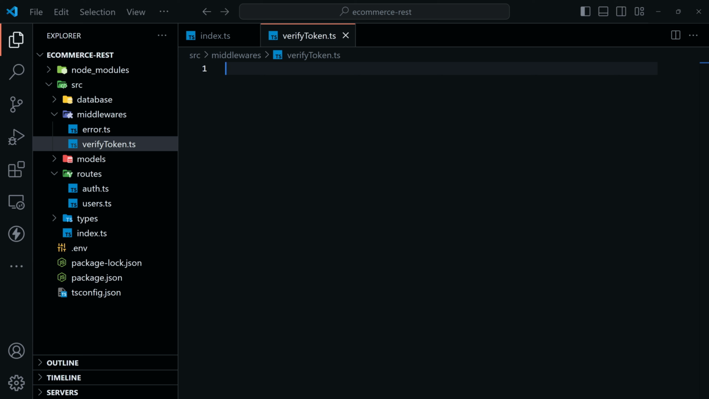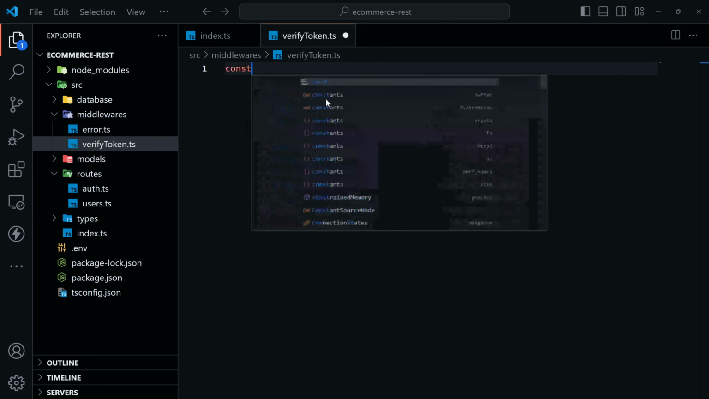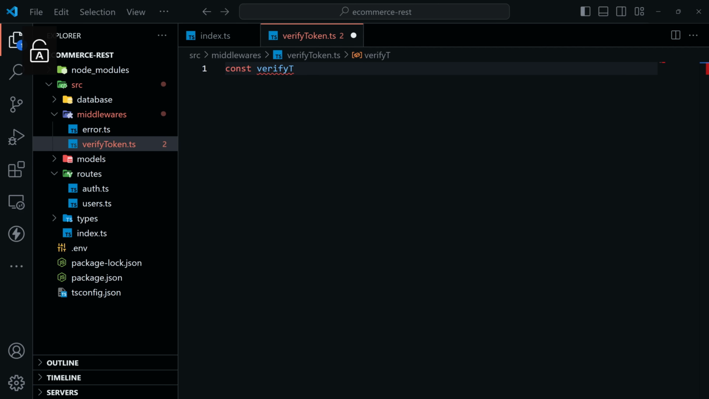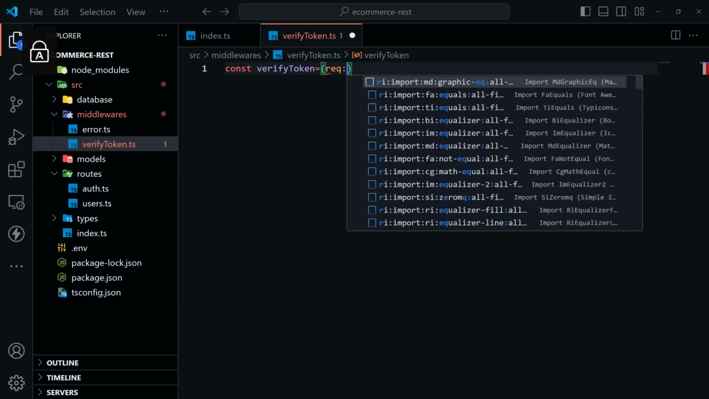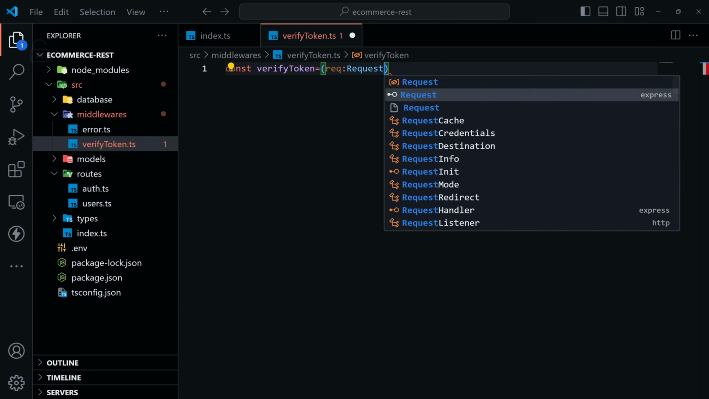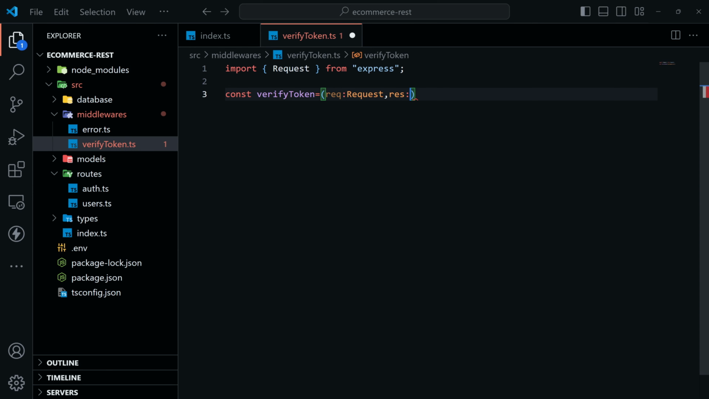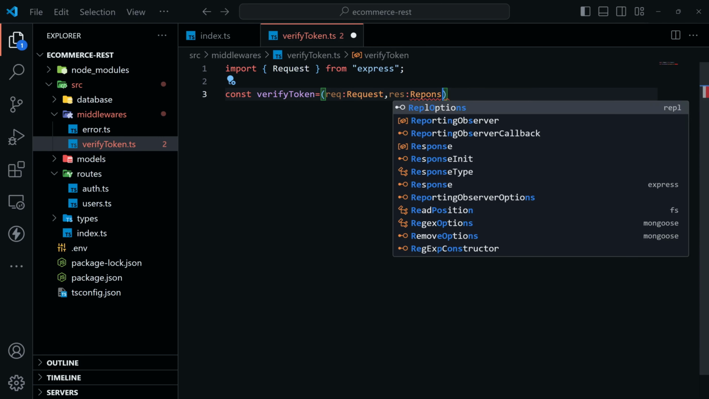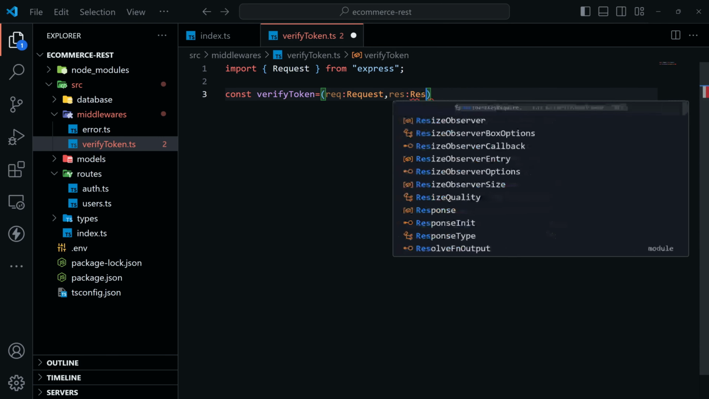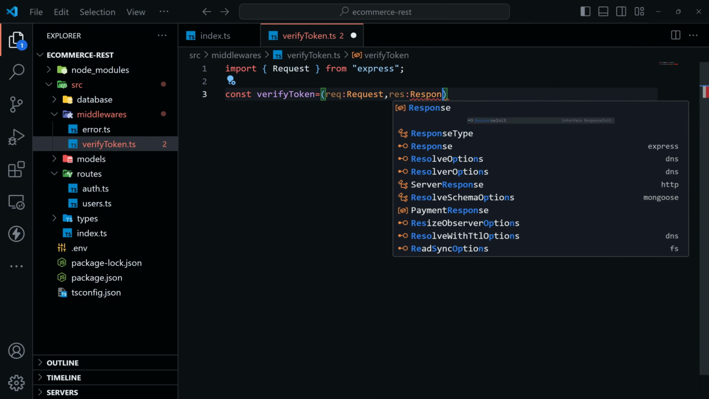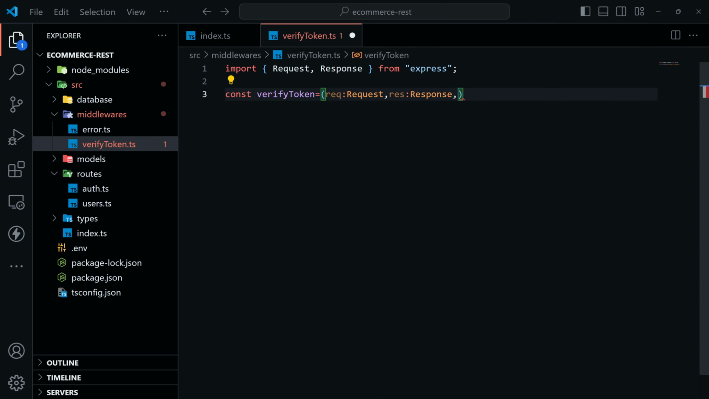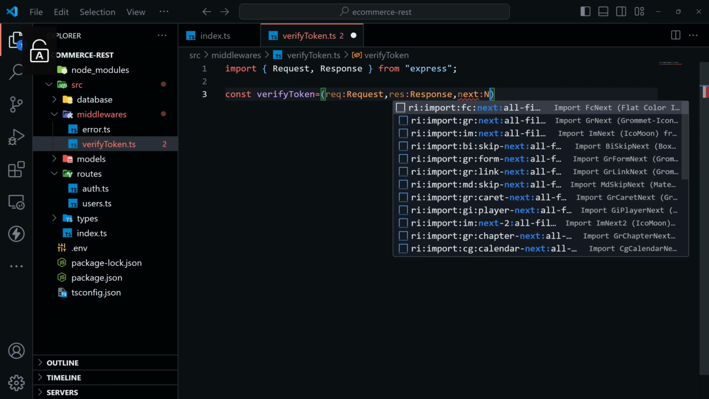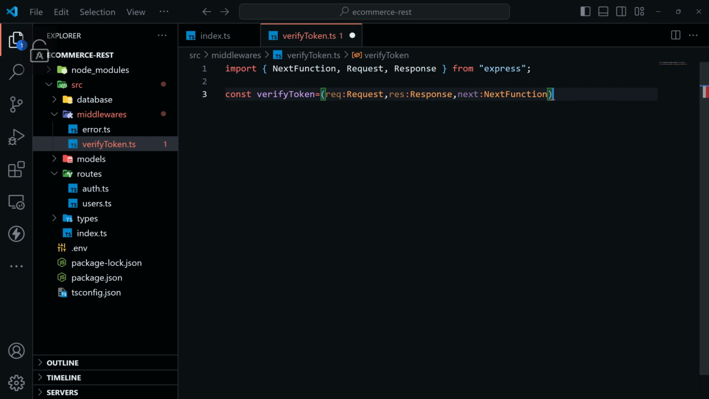Now let's create the function to verify the token. So let's write const verifyToken equals, it will take request of type Request and response of type Response, yeah, this one, and the next, which should be of type NextFunction. Okay,